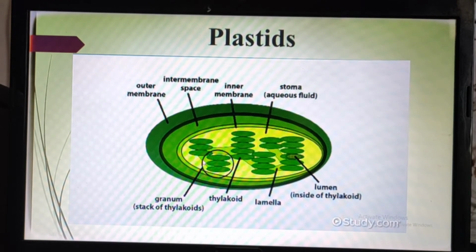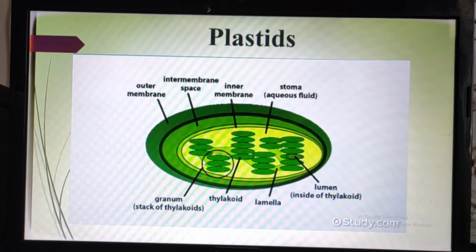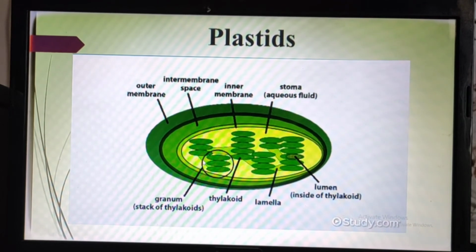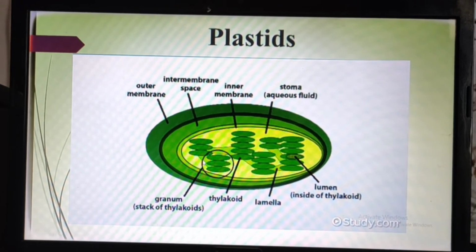So these plastids are always present only in plants. They are always absent in animals. I repeat, these plastids are always absent in animals, and always present in plants. Why plants? Because they consist of chloroplast. We already know that chloroplast is present only in plants. Have you ever heard that chloroplast is present in animals? No, it is never present in animals. So this plastid will consist of chloroplast,